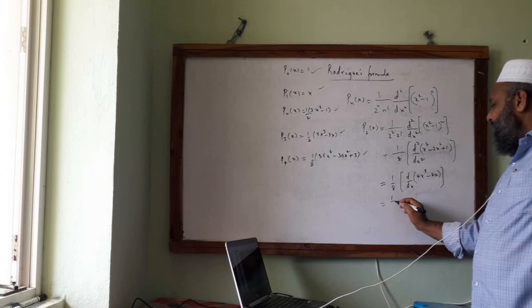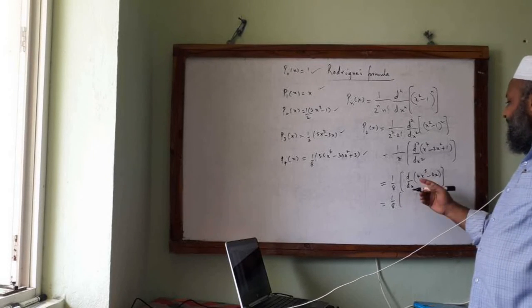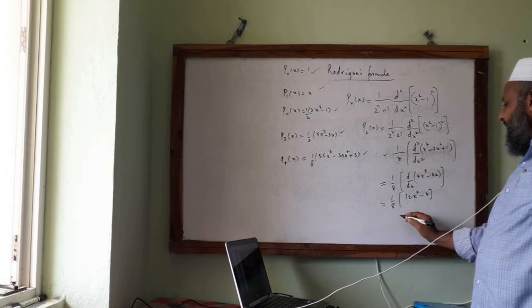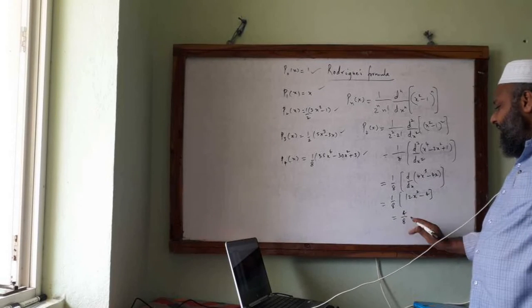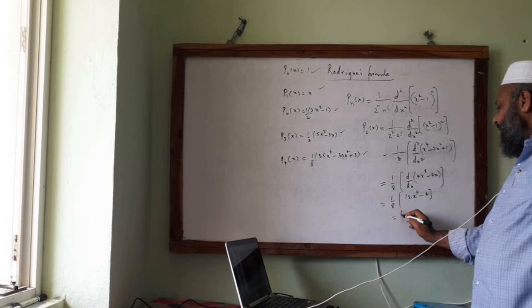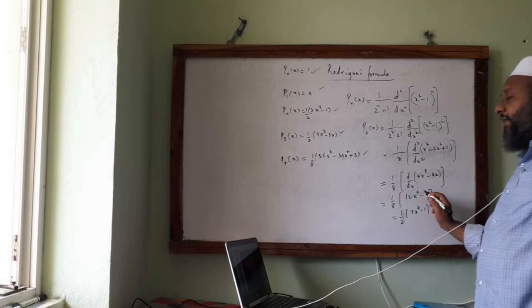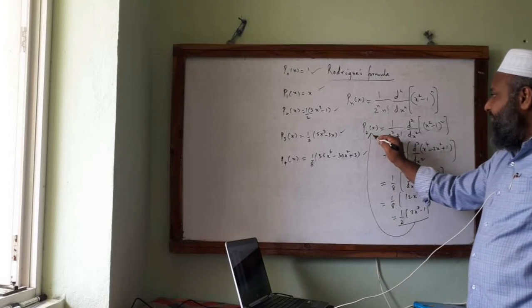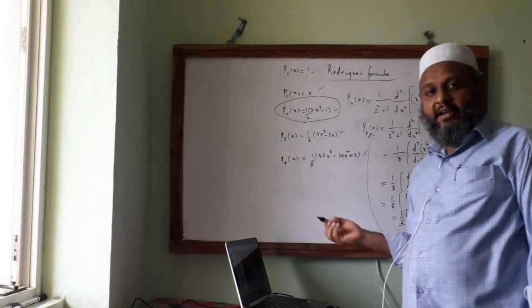Now that is 1 by 8 into, now I will finally take one more derivative. So it is 12x square minus 4. If we take 4 common from this, then 4 by 8 reduces to 1 by 2 and we get 3x square minus 1. I have taken 4 common. So this complete is nothing but the value of P2 of x, which is recorded already here. Similarly you can get P3, P4.